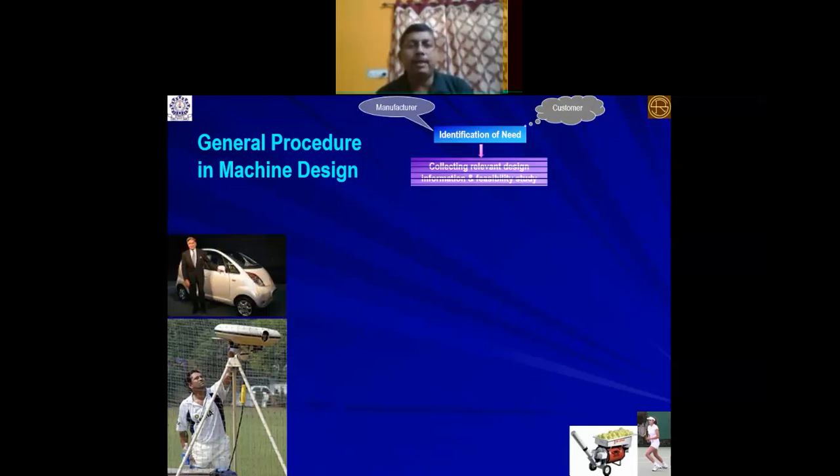Then you have to collect information from the market survey, literature survey, patent survey, and web survey, and carry out the economical feasibility study. After that, you define your problem. That means the basic problem you have to define. For example, I would like to take the example of a bowling machine because it is a mechanical product. Now, in a bowling machine, if you would like to define the problem, let us say in your college there is a sports center or sports club, and there, let us say, for students you need